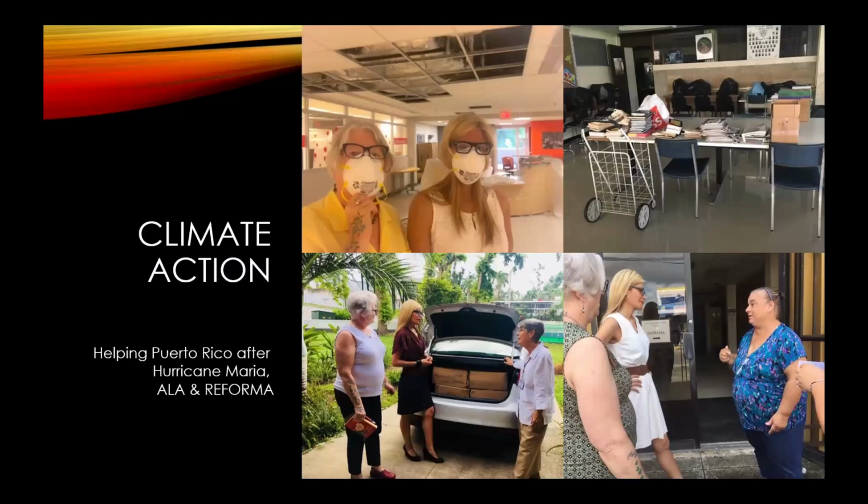The other piece I wanted to highlight from Latin America, and it's because I am Latina, so I wanted to highlight that region a little bit more, is that unfortunately there are parts of Latin America like the Caribbean and Puerto Rico and some of the islands that every year receive hurricanes, and they are really badly damaged, and librarians have an opportunity to help them. And when I was president-elect of ALA, Puerto Rico had a really bad hurricane in 2017, Hurricane Maria, and it really destroyed many libraries